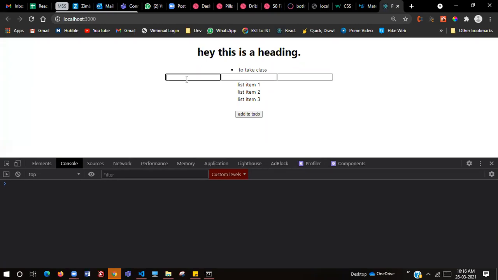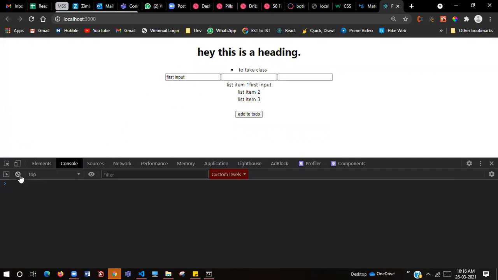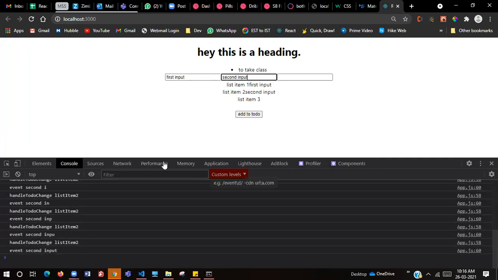So see, now again I'll show you here. This is the first input, right? Whenever we type in the first input, we get the name, and that name is nothing but the list item. That is the first input's list item, right? Now, when we type in the second input, see, we get listItem2 here.